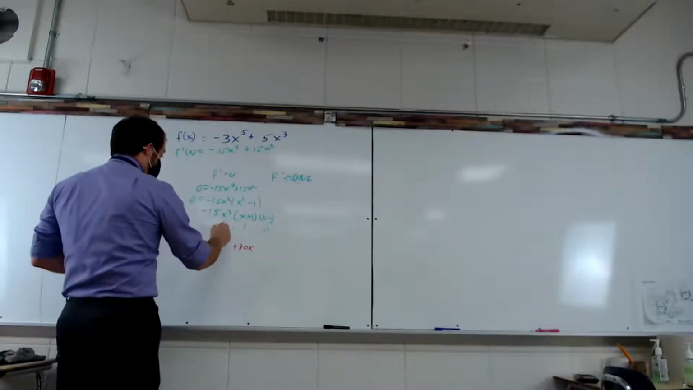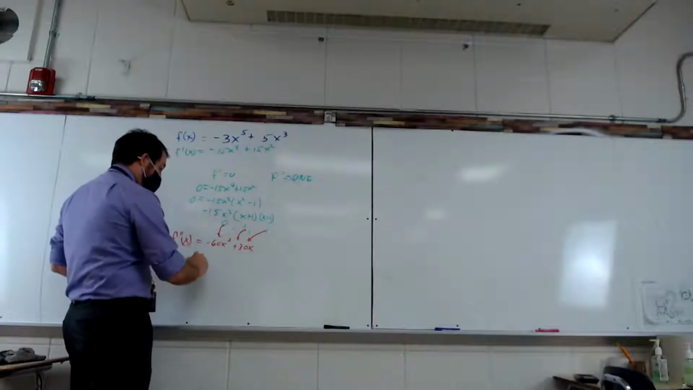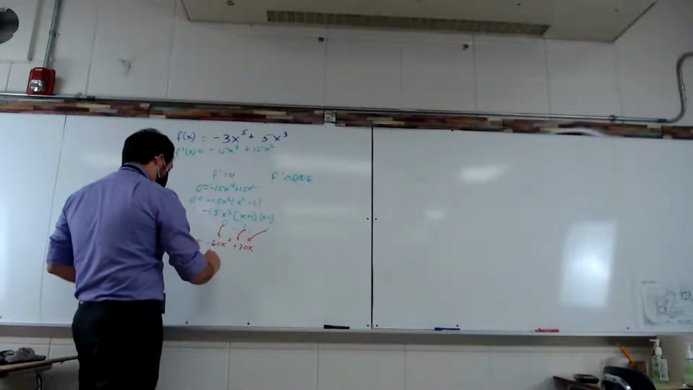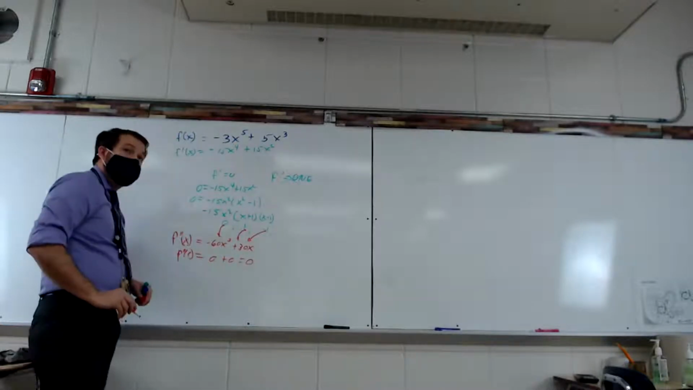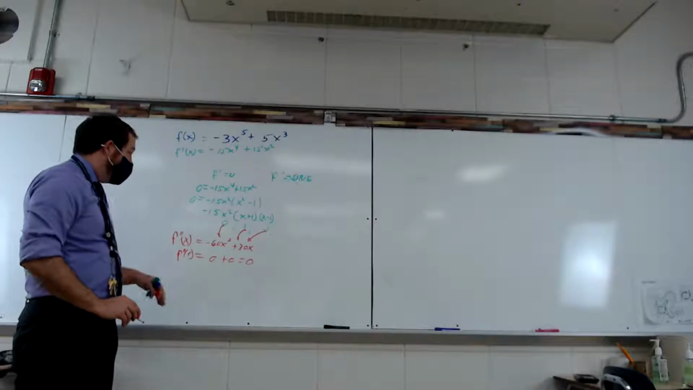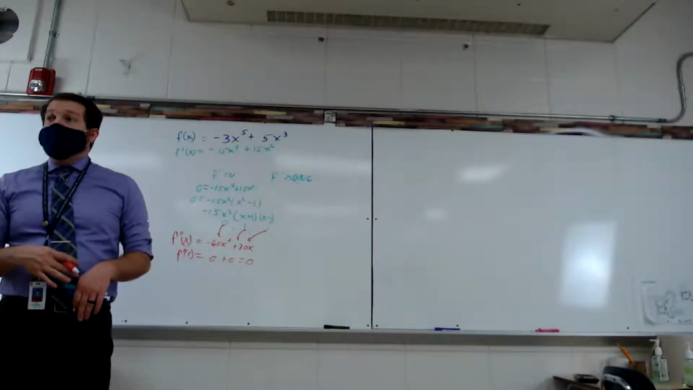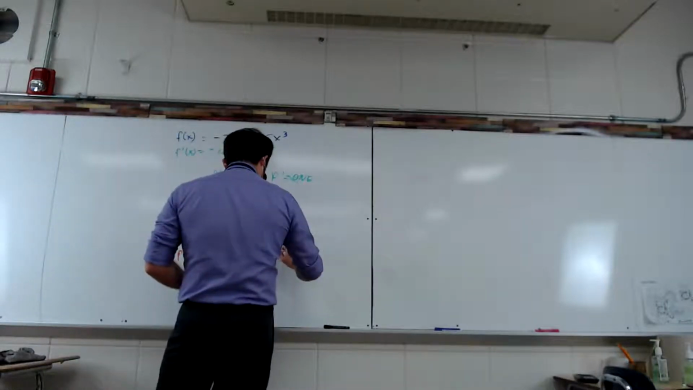What we're going to do now is we're going to put these in. My fault. So let's start with double prime of 0. 0 equals 0. So for 0, the test is going to fail. We're going to have to go back to the first derivative test to figure out whether this is a maximum or minimum. If we put in 1,